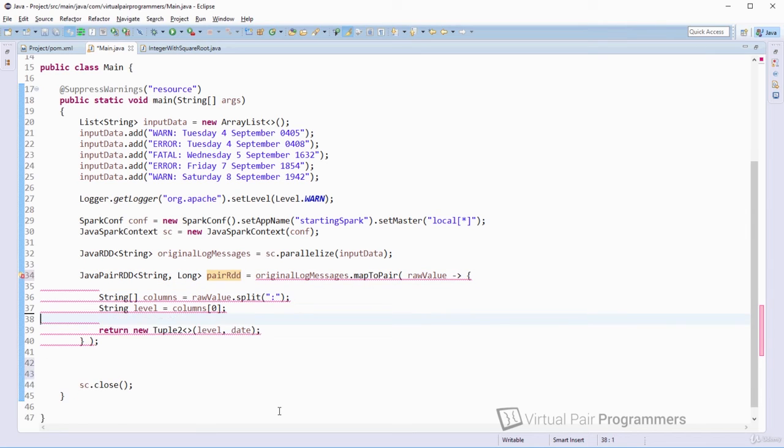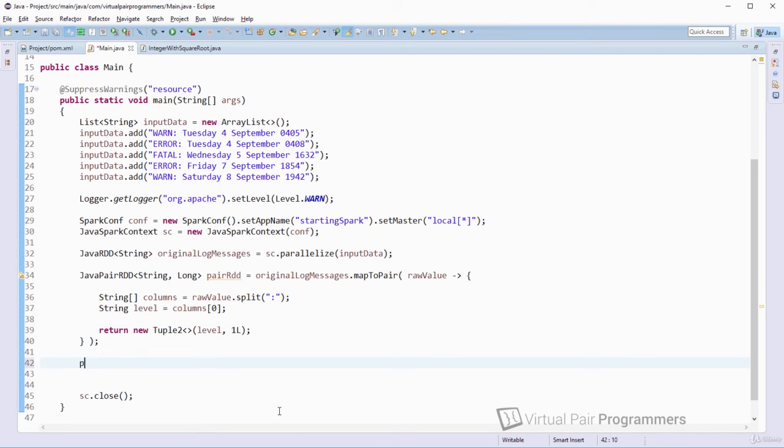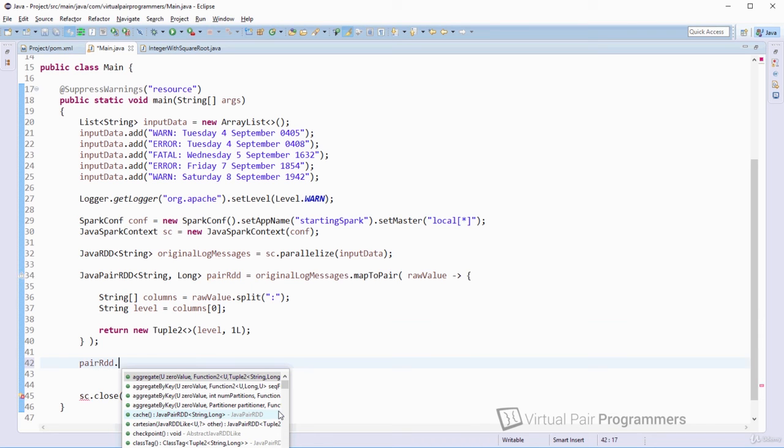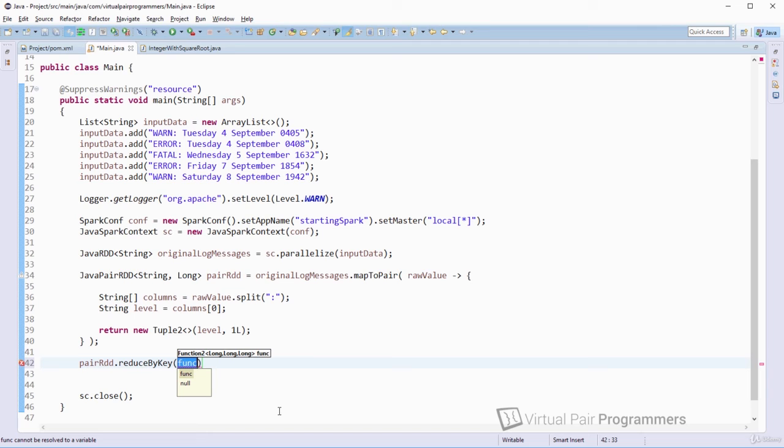And instead of getting the date, we're really not interested in the date, so I'll delete that line. And in the tuple 2, instead of the date, we will return the value of 1, but expressed as a long. So that means we can now, on this pair RDD, use this new function which would not be available on a regular RDD. We can use reduceByKey, but it's no more complex than the regular reduce that we used before. Given two values, value 1 and value 2, the reducer in Spark needs to take those two values and add them together,